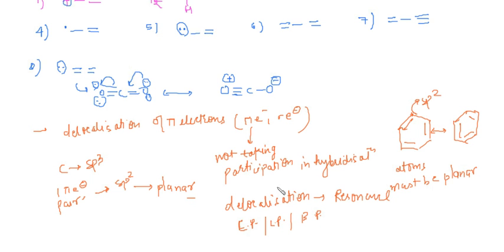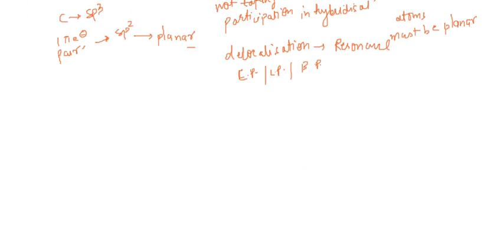Whenever there is delocalization of electrons, we call it resonance. If we draw an example of resonance, say CH2 positive, and it goes into resonance,